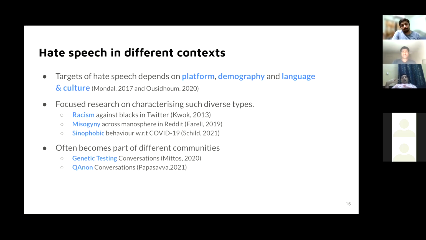There are, in fact, focused research related to racism and hate speech, related to misogyny and hate speech, related to xenophobia and hate speech. So there are various such specific groups around which hate speech analysis and detection has been done in the past. And in fact, there are also topical contexts around which hate speech analysis has been done,